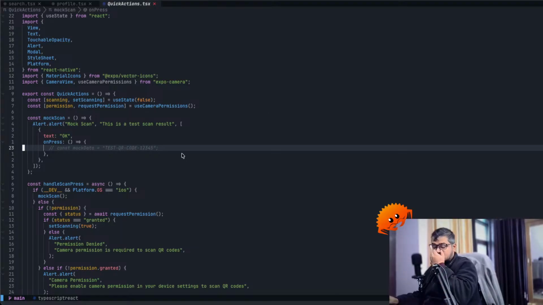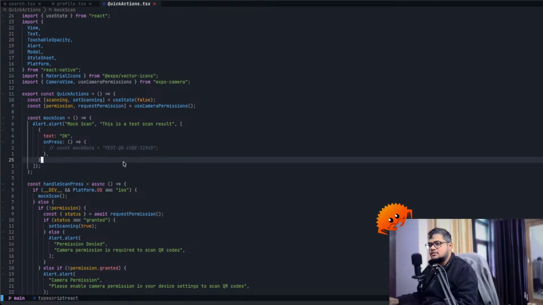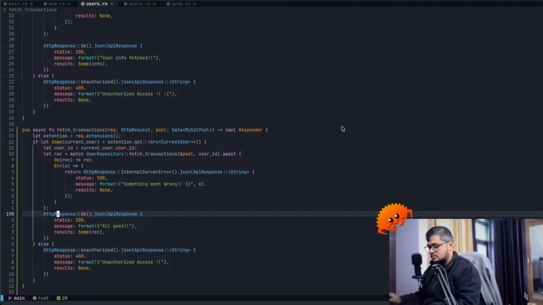So let's implement or alter those endpoints where we have our transactions taking place so that we can enter the data. So let's go here and look out for,